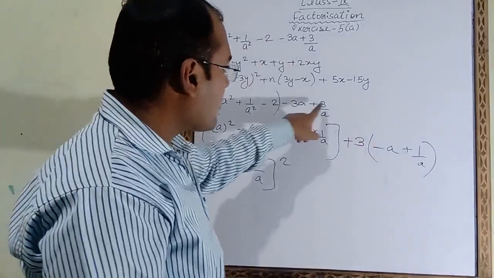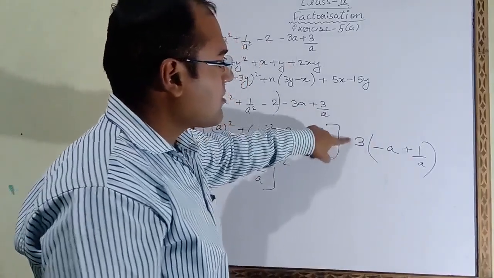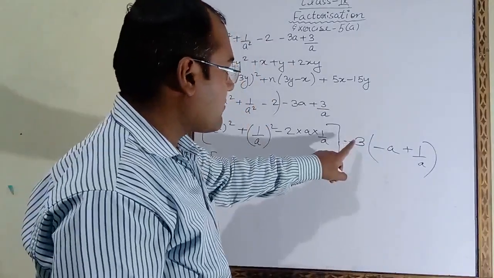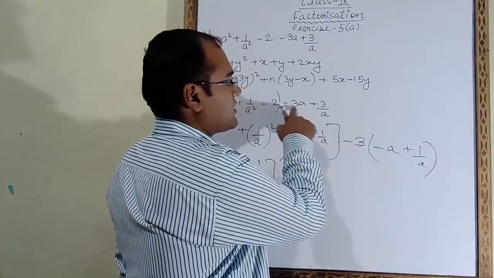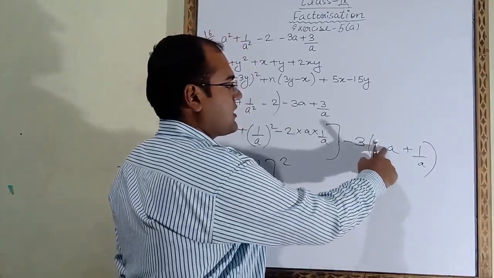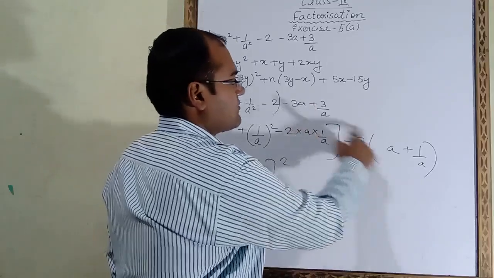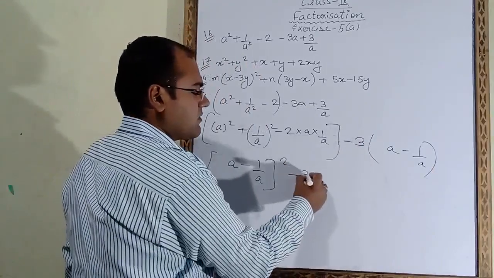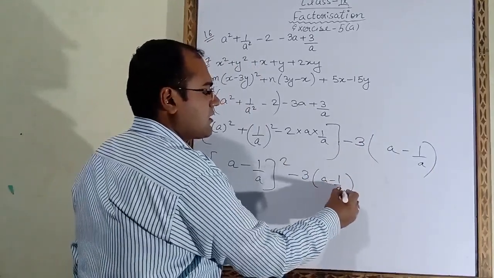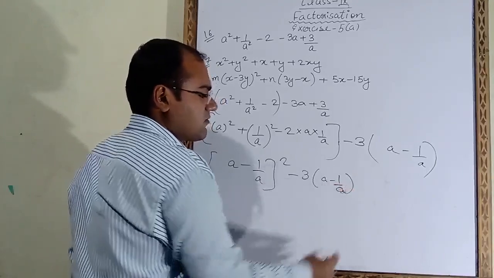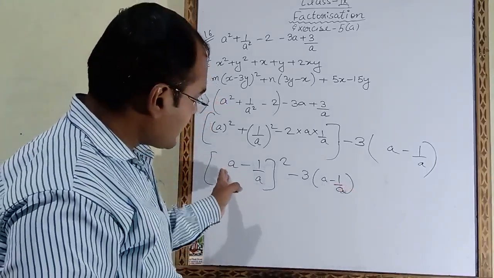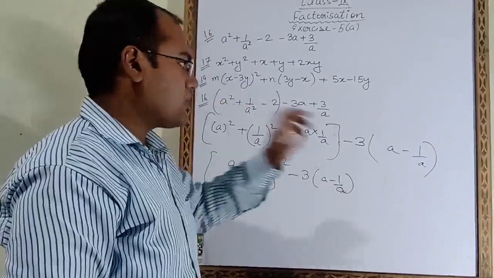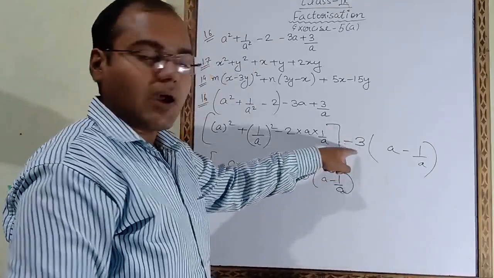That's why from these two terms we have to take minus 3 common. What you have to do? You have to take minus 3 common, and when we take minus 3 common, this minus and minus will become plus here, and this minus and this plus, minus plus, will become minus here, and here if we observe, this same term we will write here also. Now if we observe carefully, we will see that this a minus 1 upon a is coming here also and here also, the same terms we are getting. So that's why instead of taking plus 3 we had taken minus 3 common.